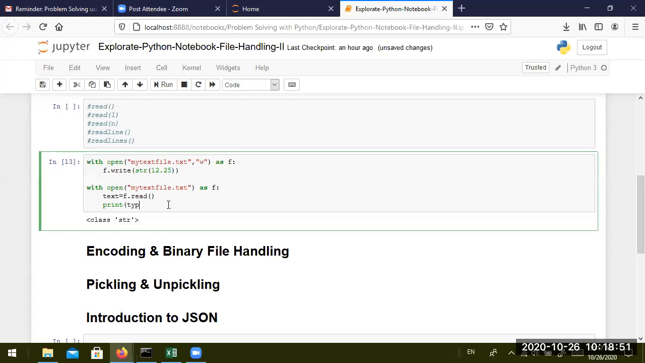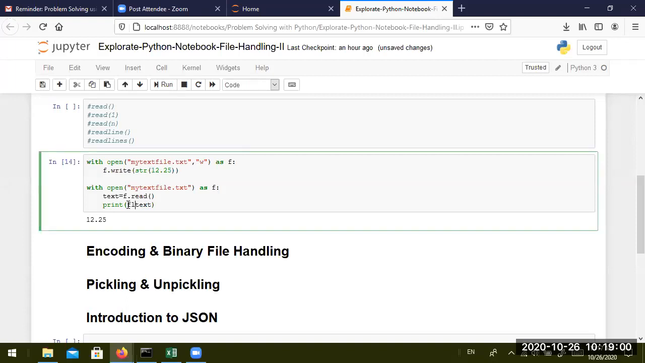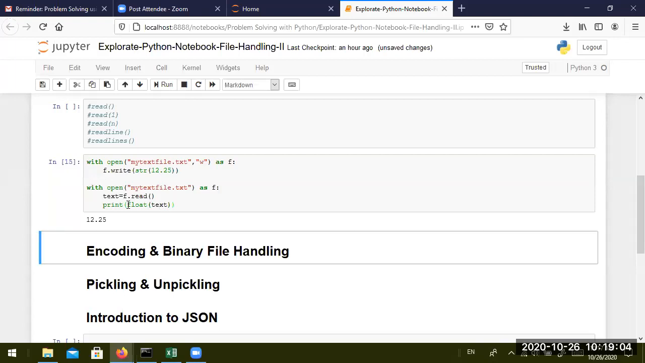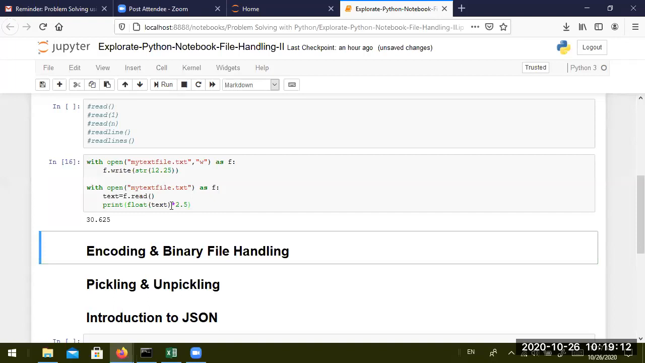Even if it is 12.25 and it is printing like a float, it is still a string. So if you want a float back, you will have to convert it accordingly. Now you can expect that this float that has come, you can perform any float operation on it. This is how you can store integers or floats